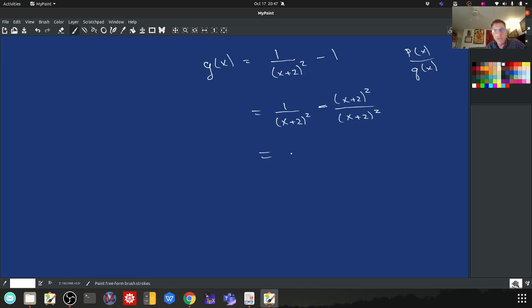So g of x is really equal to 1 minus (x plus 2) squared over (x plus 2) squared. So let's simplify our numerator. That's equal to 1 minus (x squared plus 4x plus 4) over